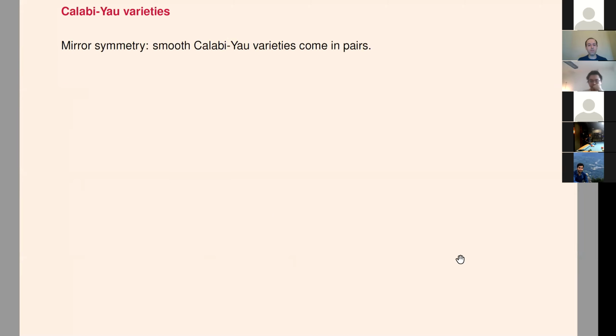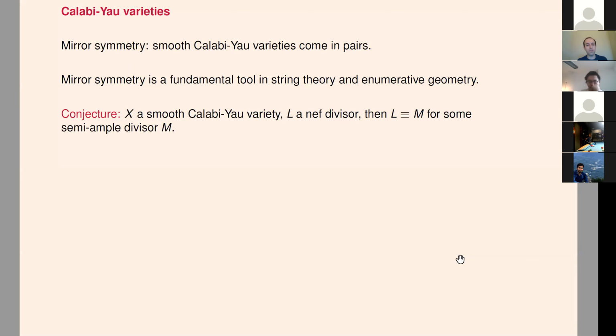And Calabi-Yau varieties, of course, are important in classification theory, as we saw in the previous lecture, but they are also important in other areas, for example, in mirror symmetry and its connection with mathematical physics, where it's expected that at least smooth Calabi-Yau varieties come in pairs, satisfying some kind of topological and other complicated geometric properties. And mirror symmetry is important in mathematical physics, but also in algebraic geometry, particularly in enumerative geometry, where you try to count the number of curves passing through certain points or with some kind of conditions.